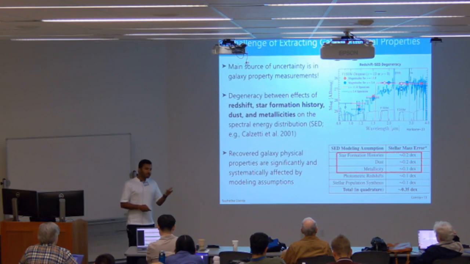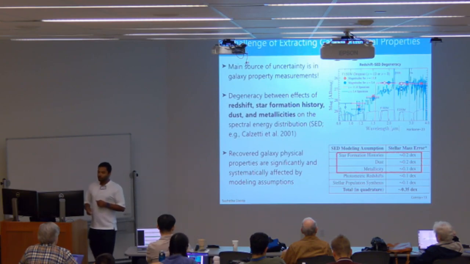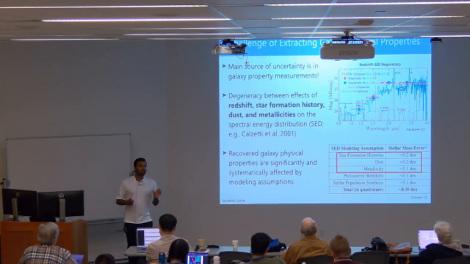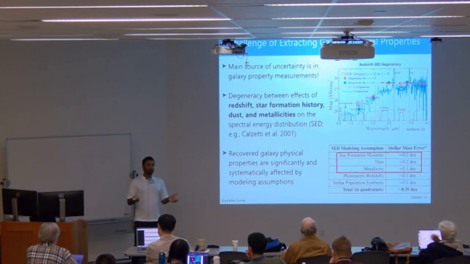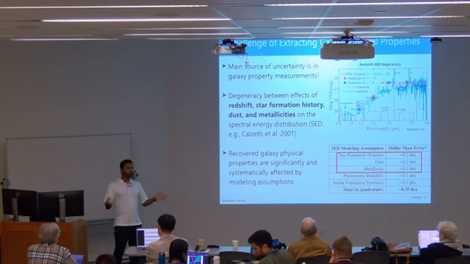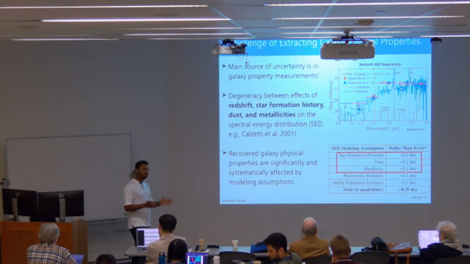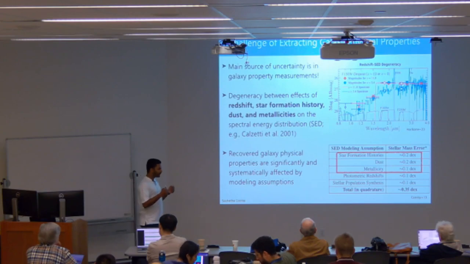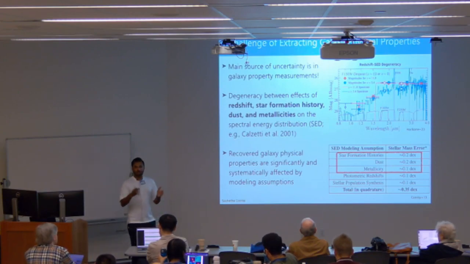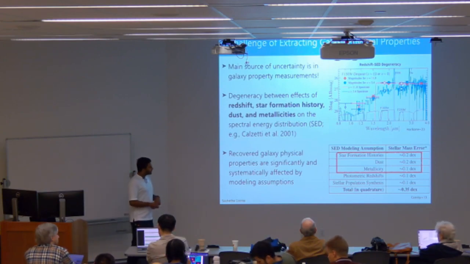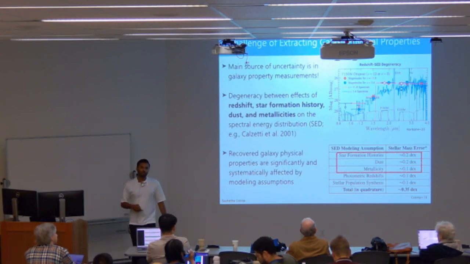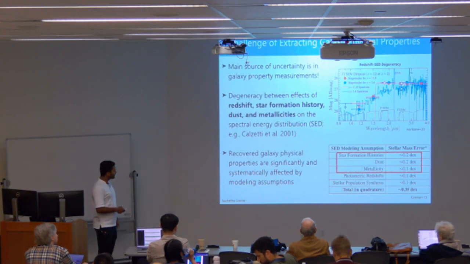Now, an answer to that is, why don't we do it at a population level? From an individual galaxy point of view, we might not have enough information and therefore be prior dominated. But if you take the population and do a population level SED inference, then you have more constraints in the sense of a hierarchical model. And so you can try to address some of these uncertainties by doing a hierarchical population level SED.